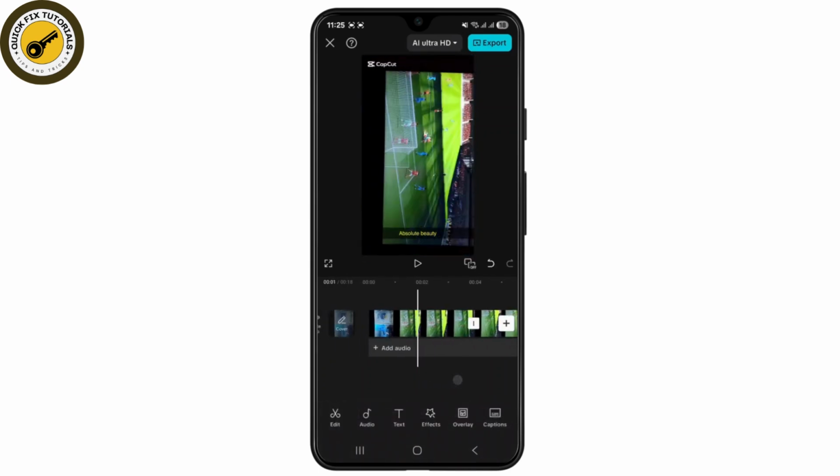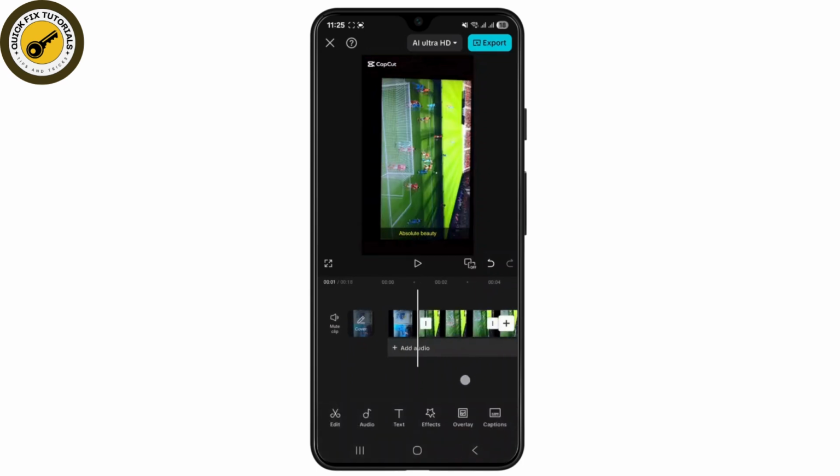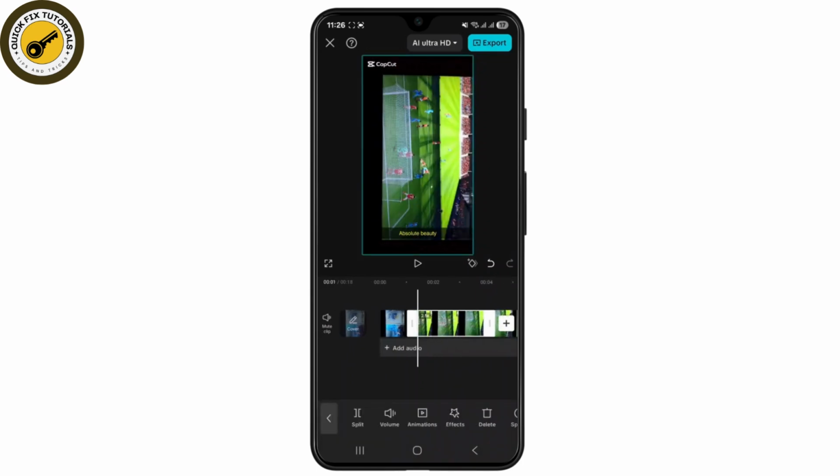I'll first simply split the particular video for the particular area in which I want to put an animation. So let's say I want to put an animation in this particular section only, which is the highlighted one over here, and I'll simply highlight the particular clip where I want to put an animation, and simply click on the